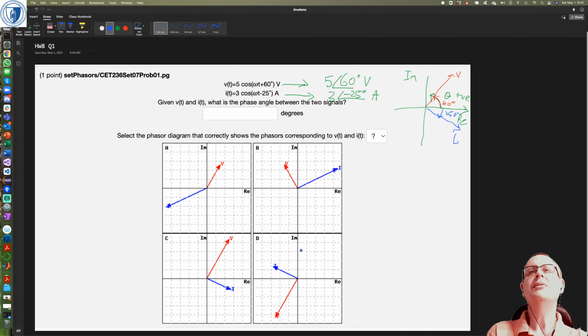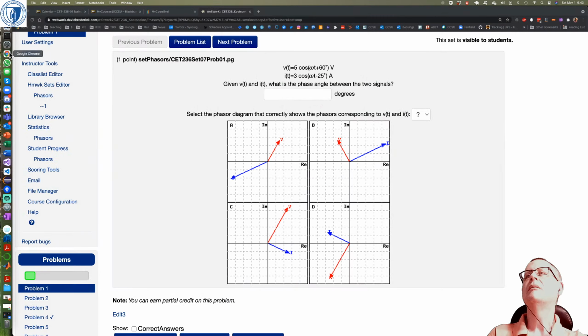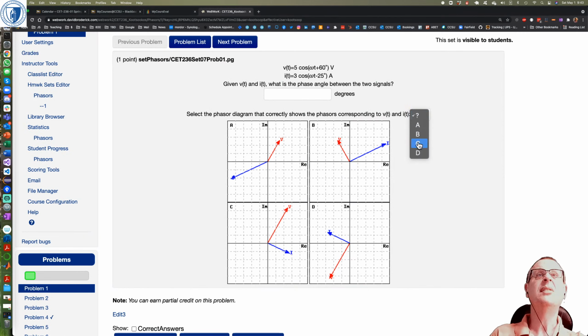And the first question though, so for this one, it looks to me like the answer is C, right? That looks most like what I drew. I didn't draw the V and I to scale. I should be shorter. So I think that means that in this case the answer is C. And then the angle between them is, and I'm not sure which way around WebWork is going to have it, but the angle difference is 85 degrees. But let's just go and check what WebWork thinks it is, right? So I think that one is C,